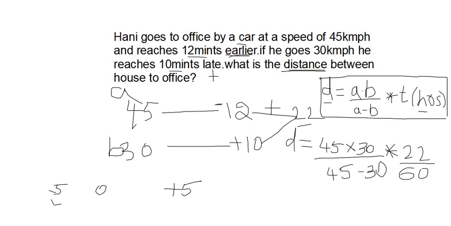Now do all the cancellation here. 45 into 30 divided by 45 minus 30, what is it, friends? 15. So here instead of 45 minus 30, I am writing with another pen, 45 minus 30 we will get 15. So 15 ones are, 15 twos are, it gets cancelled. See here 45 is there, here 60 is there. So 15 threes are 45, 15 fours are 60.